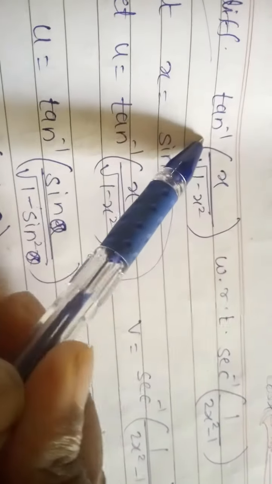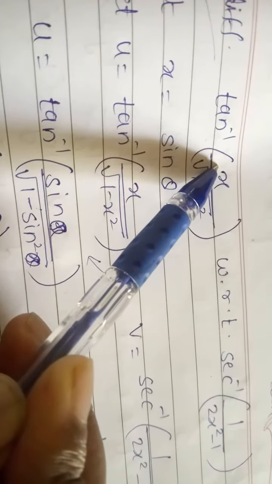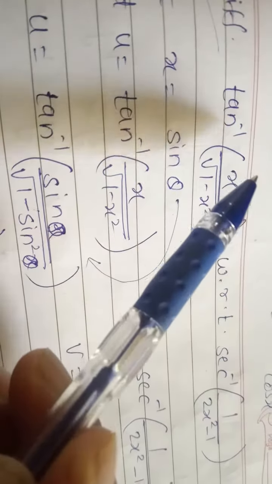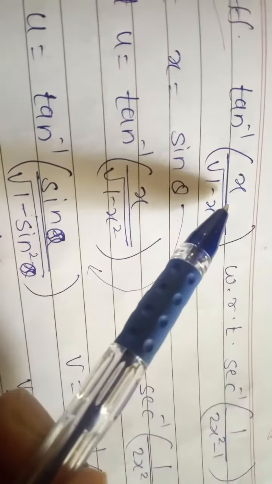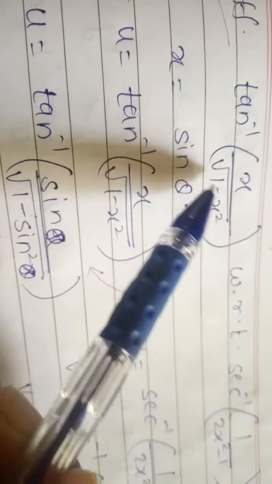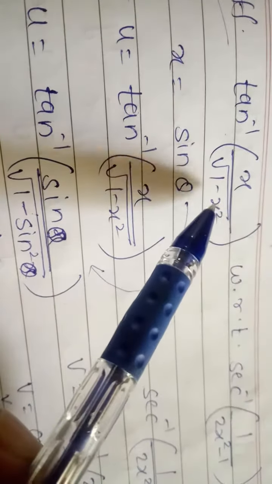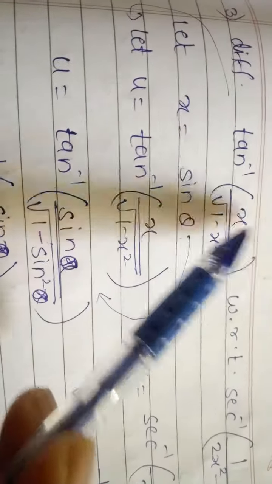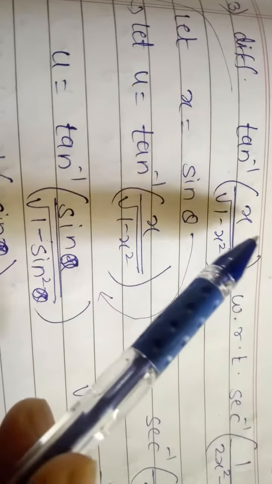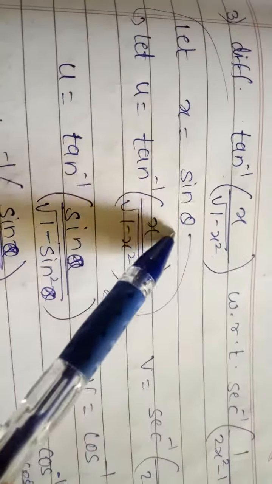तो मैंने अभी बताया था कि अगर ब्रैकेट के बाहर tan है तो अंदर भी tan ही चाहिए, तभी हमें आंसर फाइंड आउट करना इजी होगा. सो यहाँ पे अगर हम x की वैल्यू साइन थीटा पुट डाउन करेंगे तो हमें क्या मिलेगा. सो यहाँ पे साइन थीटा आएगा, यहाँ पे 1 माइनस साइन स्क्वायर थीटा मतलब कॉस स्क्वायर थीटा. आफ्टर टेकिंग द स्क्वायर रूट वी गेट कॉस थीटा. सो साइन अपॉन कॉस दैट इज नथिंग बट द टैन. सो यहाँ पे अगर हम x की वैल्यू साइन पुट डाउन करते हैं तो हमें टैन थीटा मिलता है. तो हम पुट डाउन करेंगे, लेट x इज इक्वल्स टू साइन थीटा.